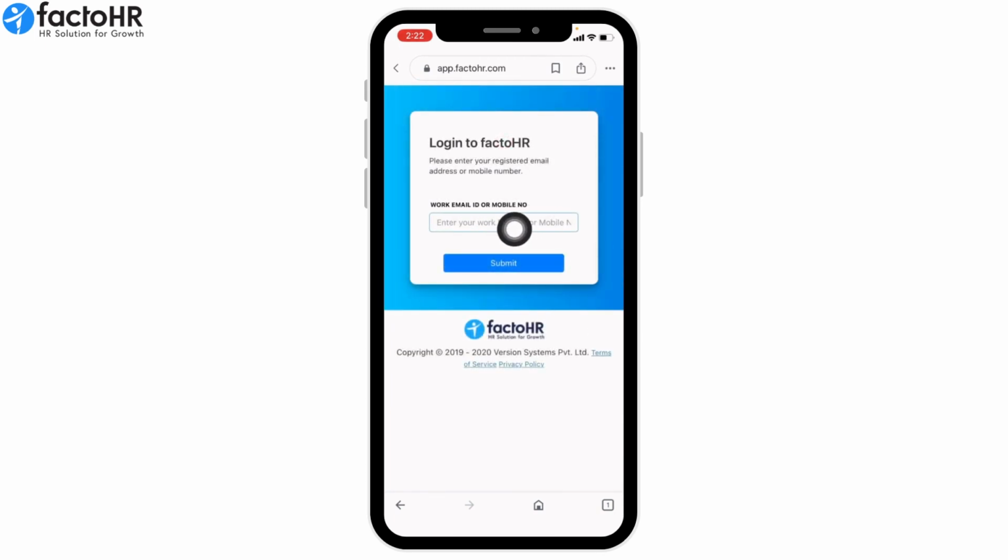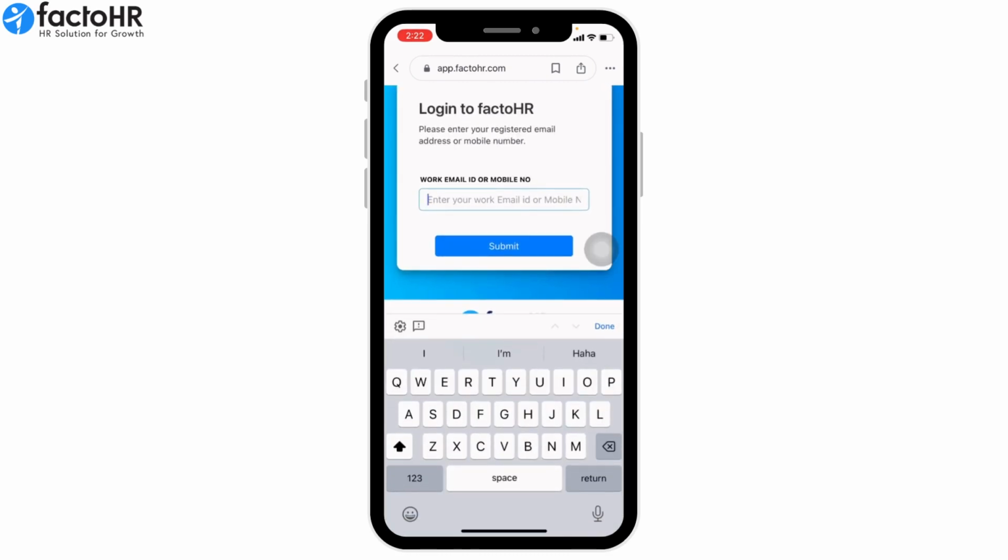Now over here, you will need to type in your work email ID or mobile number and then tap on submit. Just type in the mobile number or the work email. And once you are done, you can tap on submit and you will be logged into your FactoHR Employee account. This was it. This is how you can easily log into your